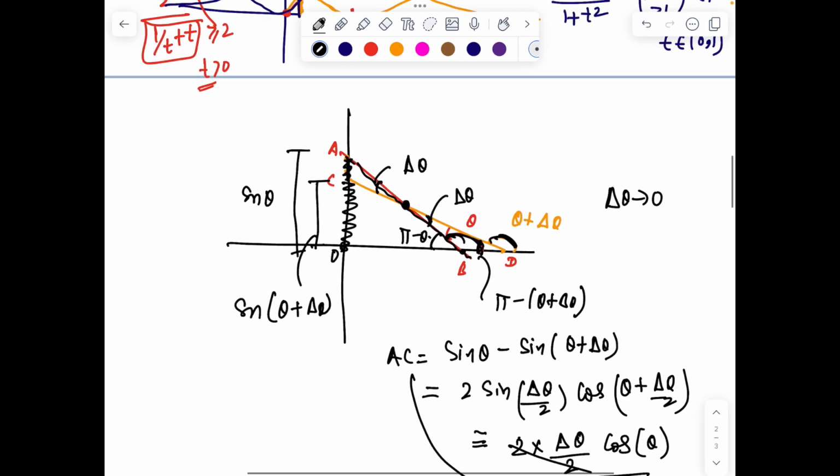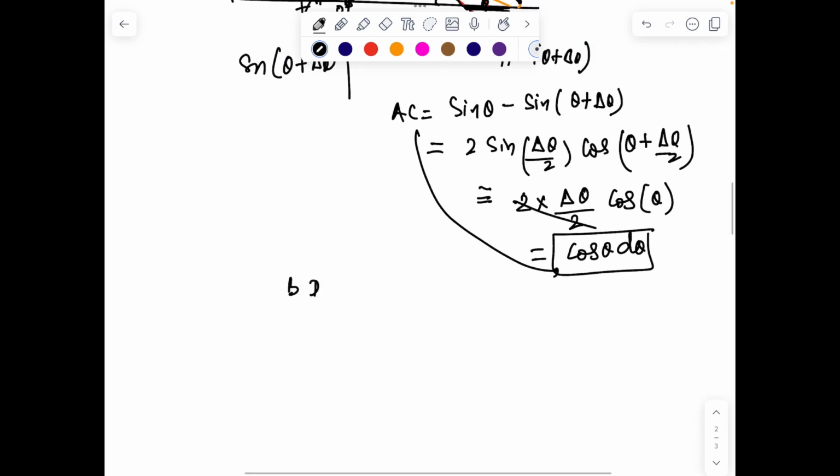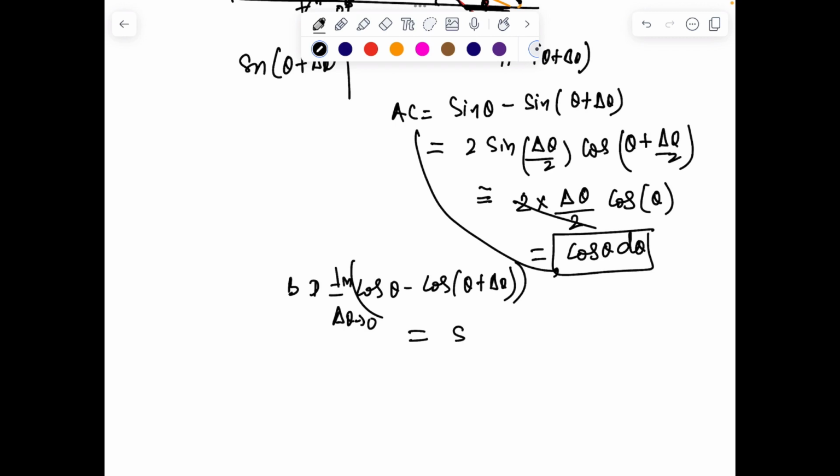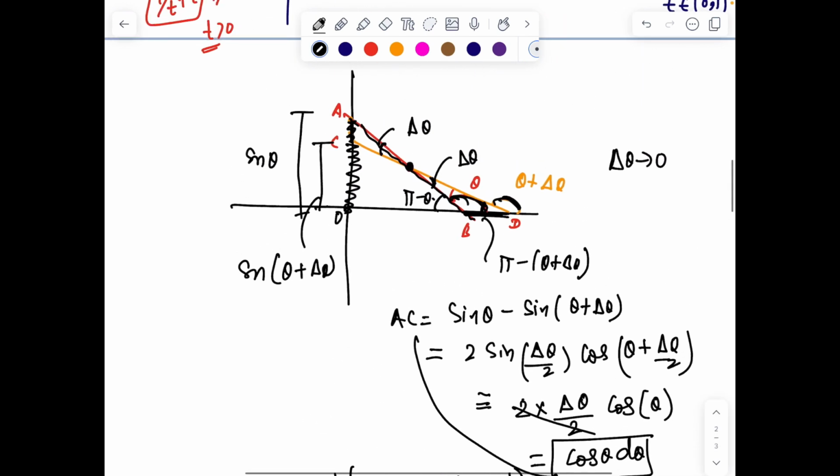Similarly, now you can find the other length also. The length BD, if we calculate, we'll get cos theta minus cos of theta plus delta theta, and this we want in the limiting case, when delta theta tends to 0. And by the transformation formula, similarly, I can tell approximately it will be sin theta d theta. Once these two lengths are known, now we can also relate